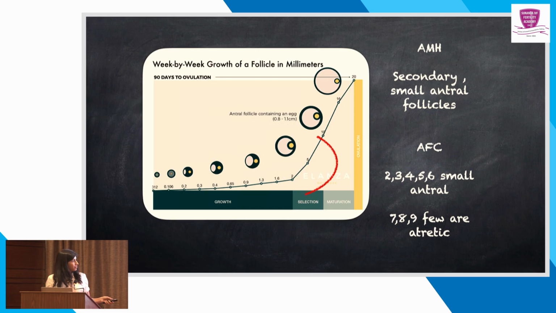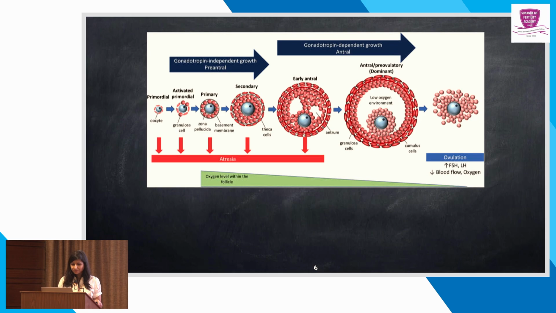Now this is again a repetition that AMH will be secreted by secondary and small antral follicles. Follicles 2 to 6 mm are small antral follicles, they are definitely secreting AMH, but between 7 to 9 we may have a few follicles who are contributing to AMH, and a few follicles are already destined to go for atresia. This initial phase is FSH regulated, it is not FSH independent, because some amount of FSH will be needed for the primordial follicle to go to secondary follicle,